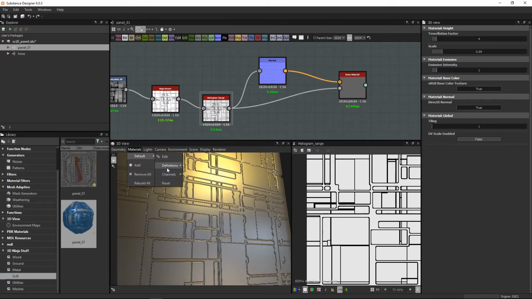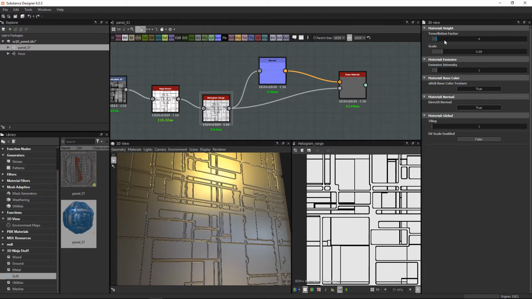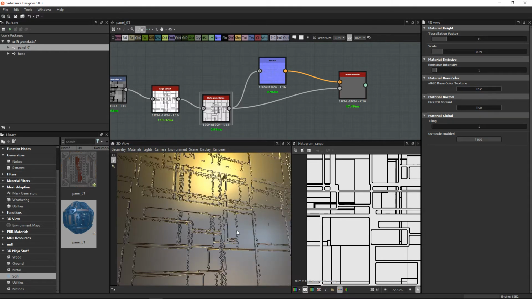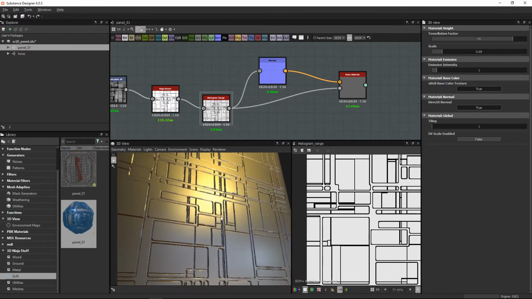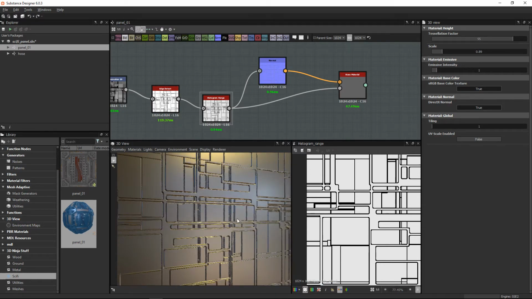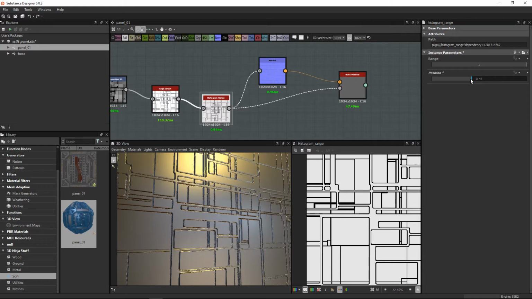So let's come over here to my definitions, and it's on tessellation, and I've got this tessellation factor I can change. So you can see that at the value that it was, we're getting some really jagged edges. So if I just start to tessellate this more, now it smooths things out a bit. Okay, so now that we actually have some tessellation with this, you can see that just by using this position